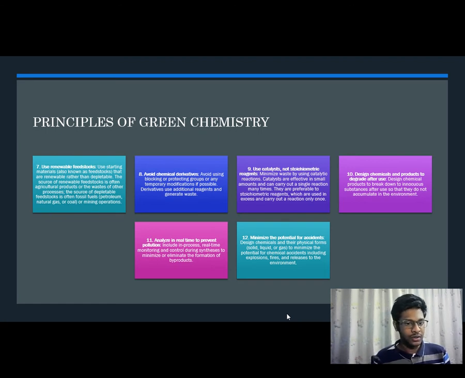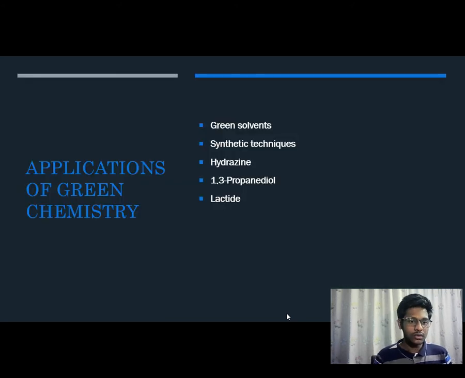Disposal problems will otherwise occur. Analyze in real time to prevent pollution, including real-time monitoring and control during synthesis to minimize or eliminate the formation of byproducts. Also minimize the potential for accidents: design chemicals and their physical forms, whether solid, liquid, or gas, to minimize the potential for chemical accidents, including explosions, fires, and releases into the environment. Moving on, these are a few applications of green chemistry,